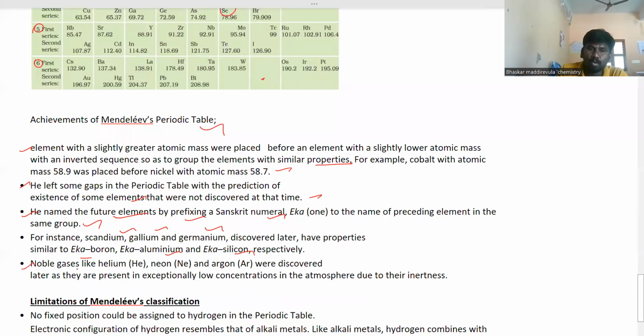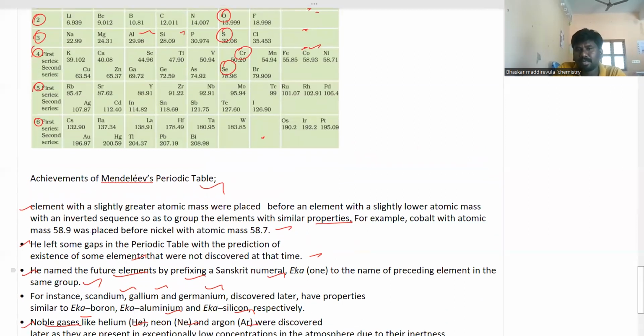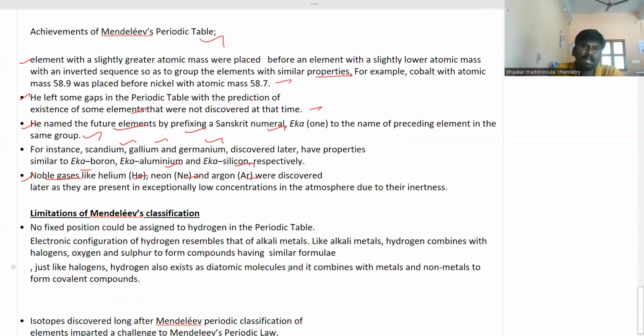One more main achievement is that he gave a space for noble gases like helium, neon, and argon, which were discovered later. They are present in very low concentration in the atmosphere, so that made their discovery late. But for these elements also, he left some space in his periodic table. These are the main achievements of